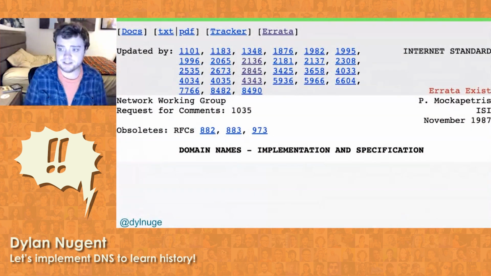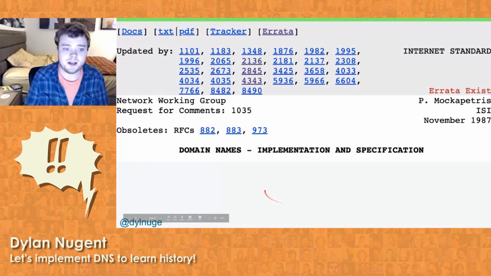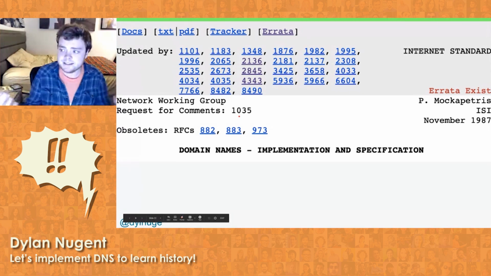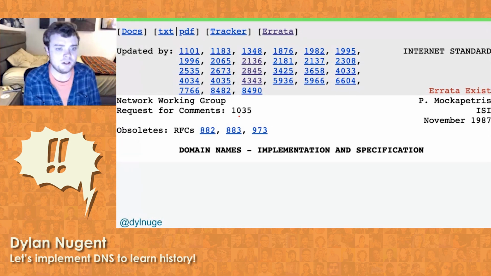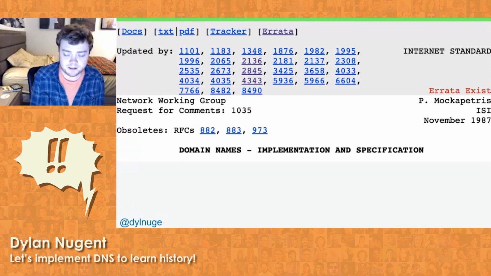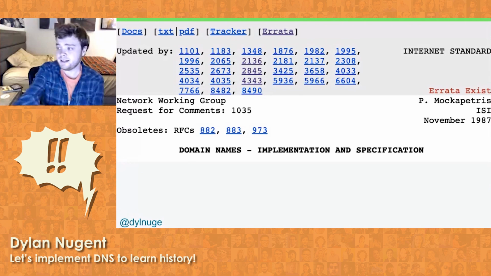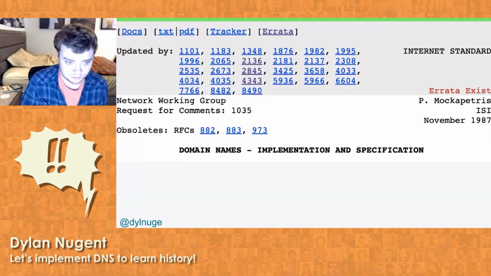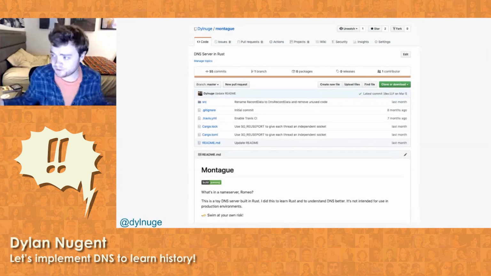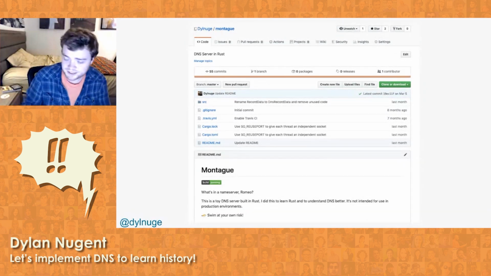If you start looking at the DNS RFCs, you will eventually wind up on this one. This is RFC 1035. It's kind of the main DNS RFC. Almost all of the other ones reference it in some way. It's a very long document with a lot of details in it, but it wasn't really meant to be read front to back, though you could do that. It was meant for people who were implementing domain name servers. And so that's what I did. I created a name server and went through the document and tried to build one using it.